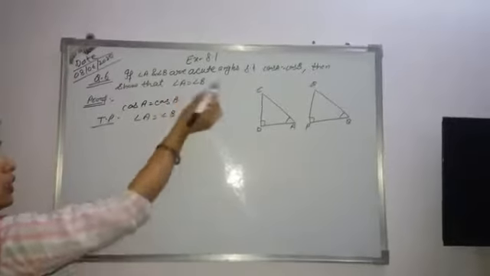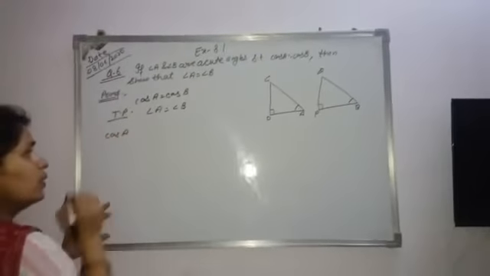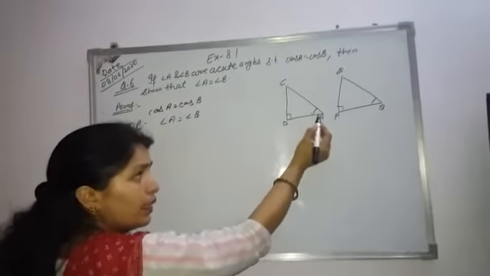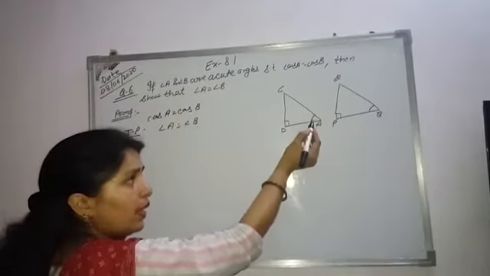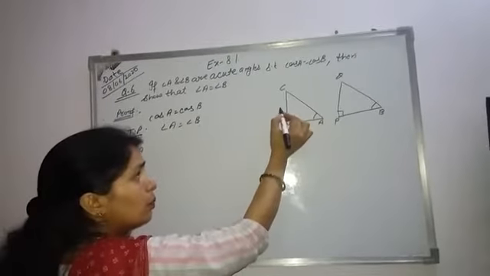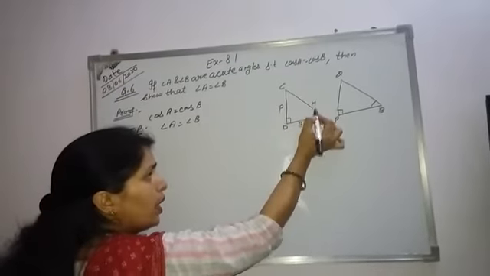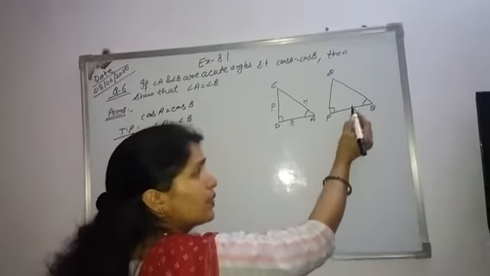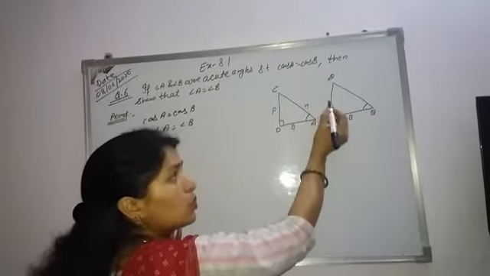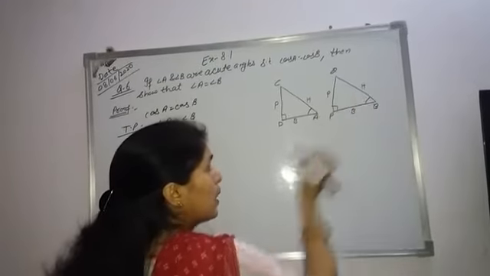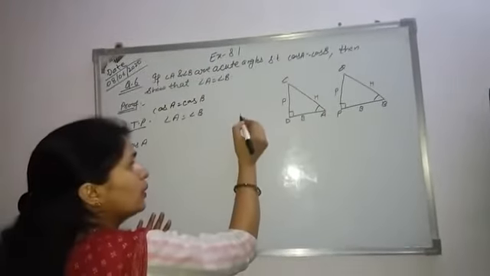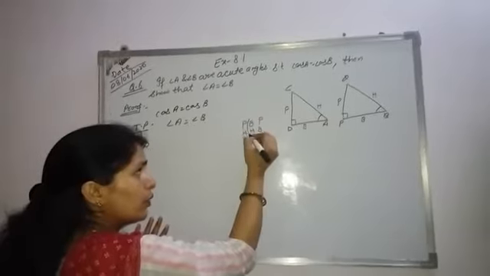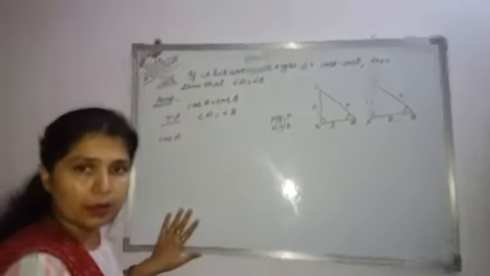Now in this case, which condition is given to us? Cos A. If we take this angle A, then the side adjacent to the angle will be the base, the side opposite to the angle will be the perpendicular, and this is the hypotenuse. Same in this case, this is the angle B, so the side adjacent to this angle is the base, the side opposite is the perpendicular, and this is the hypotenuse. Now cos A, we know with the help of this P, B, P, H, H, P, what is the ratio for cos? Cos is base divided by hypotenuse.